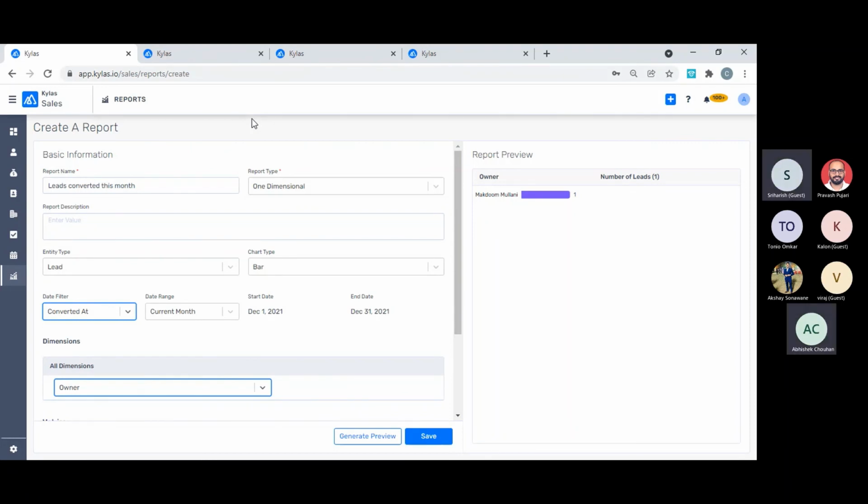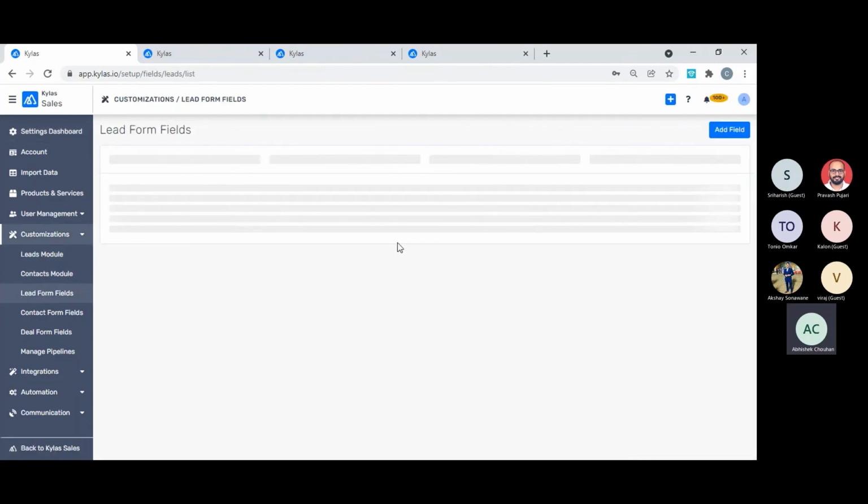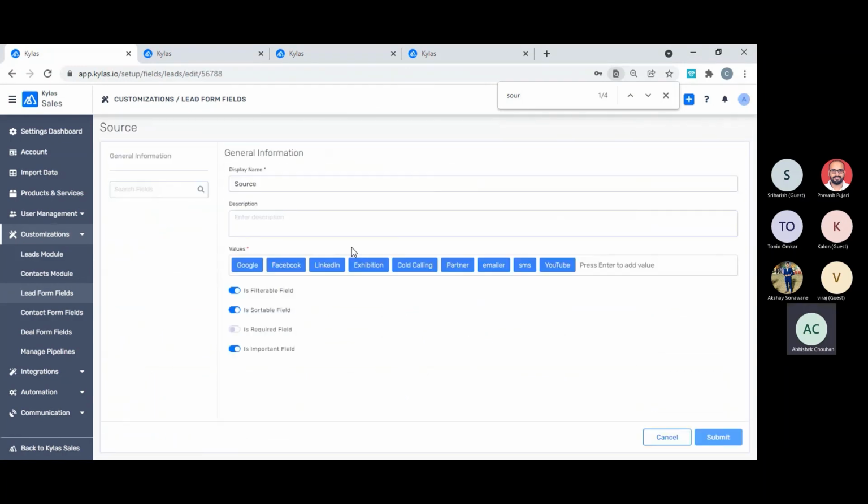You're not taking the amount. That means the budgets you're not recording, right? So actually, budgets we are not recording. How we currently record the campaign is nothing but just the name of the campaign and the source. We do not have a campaign as a separate module. That is part of our future roadmap. But as of now, campaign for us is just a field which has some values.